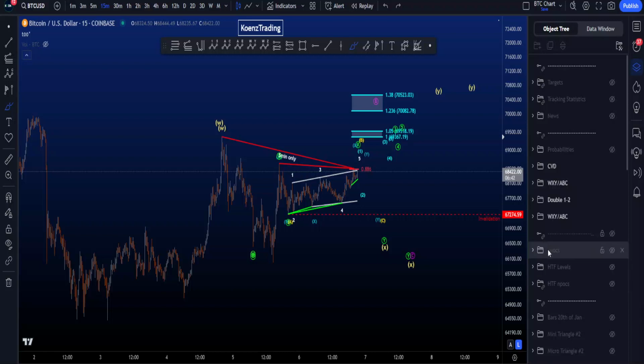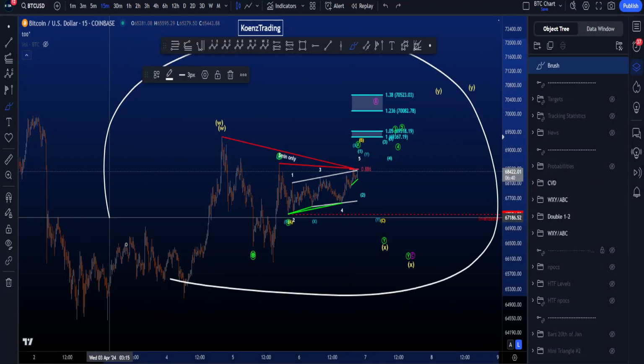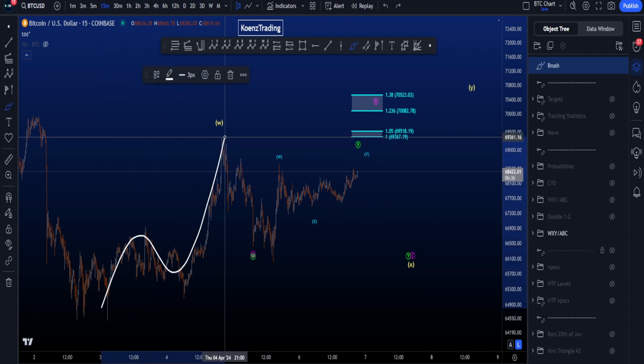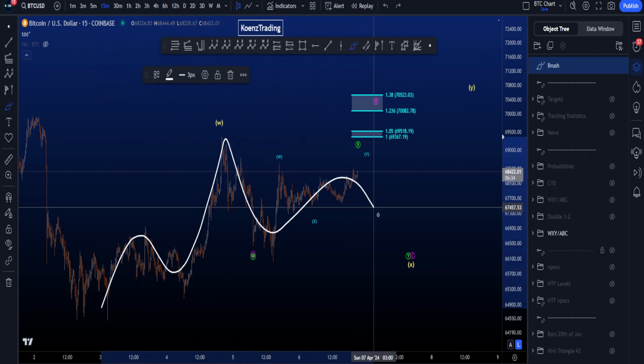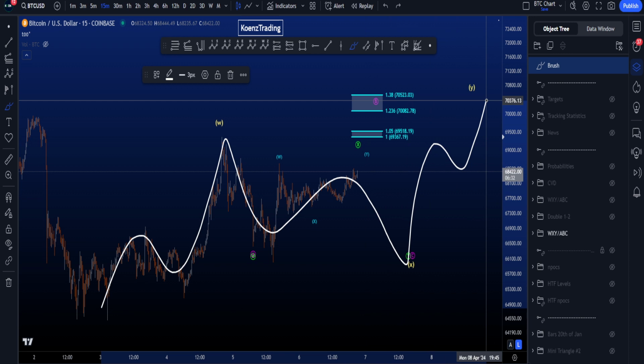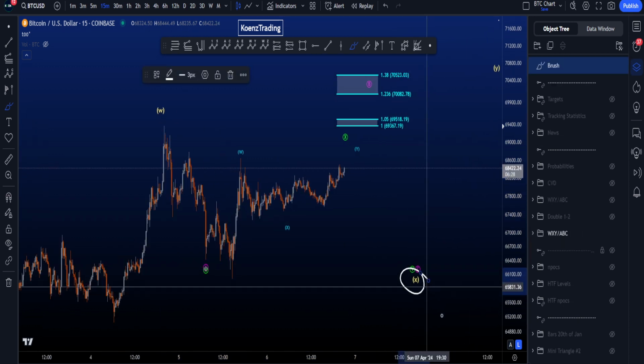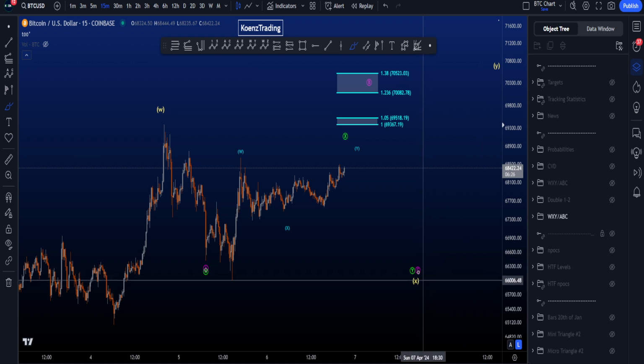Hi everyone, let's go over my bullish and bearish Elliott Wave scenarios on Bitcoin, starting with the first scenario where we're looking for a three-wave structure to the upside in a W, a wave X, and then a wave Y, a double zigzag. In this scenario, we are then working on this yellow wave X, and inside this wave X,